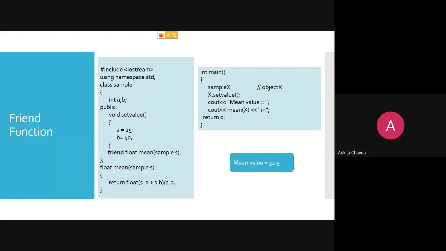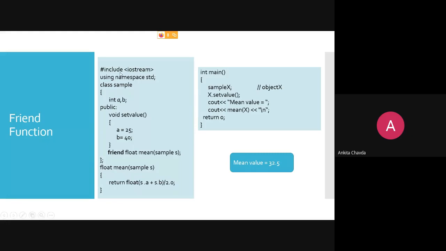And here there is one function, float mean. This function is an outsider function which is now a friend function of my class, right? Though it is not part of my class, I've just said that this function is my friend, so I can use that function. You are just borrowing that function and using it, that's it.